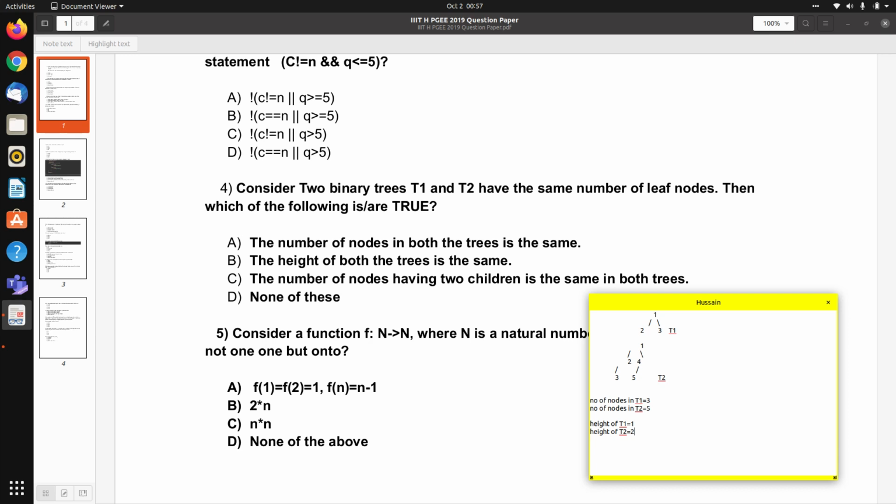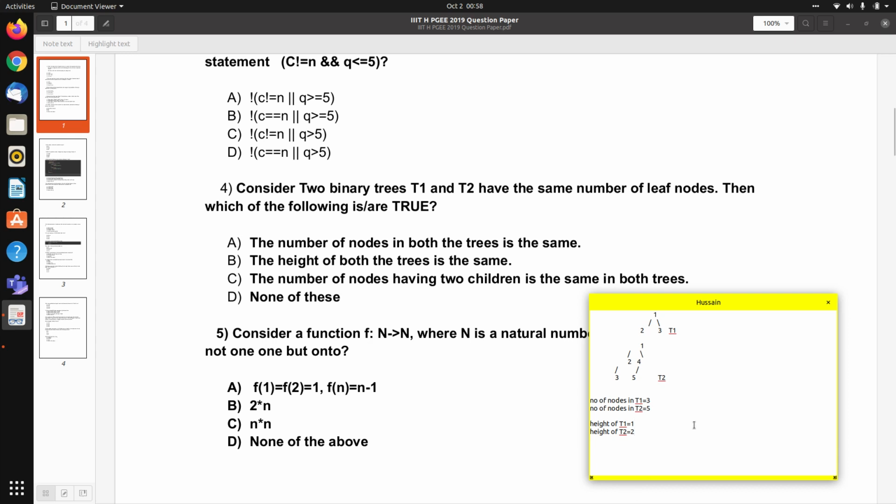So let's now look if option C is correct or not. The number of nodes having 2 children is the same in both trees. In T1 the number of nodes having 2 children is 1, that is node 1 itself, and in T2 also the number is 1, that is node 1 itself. So option C satisfies.